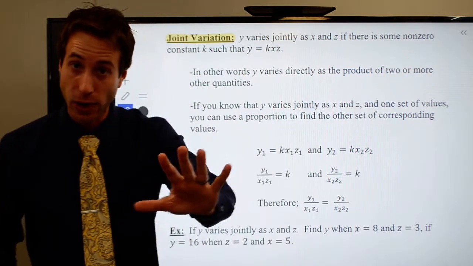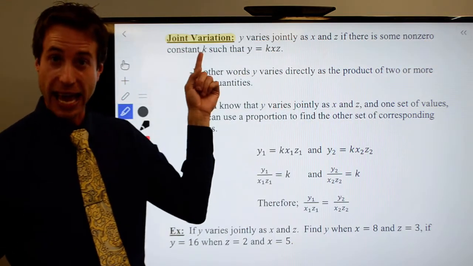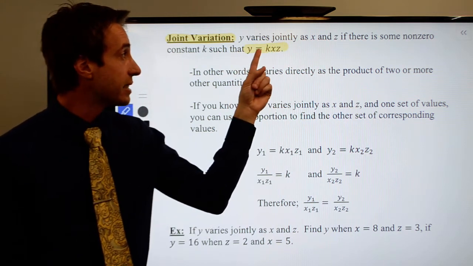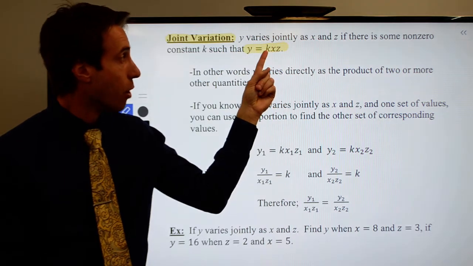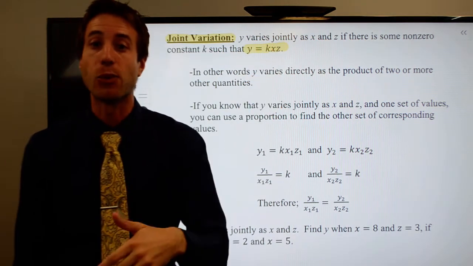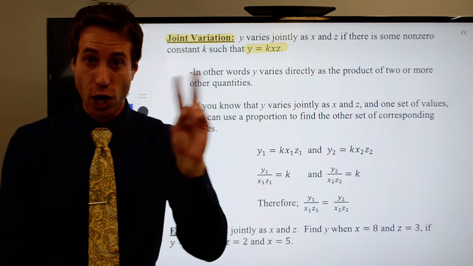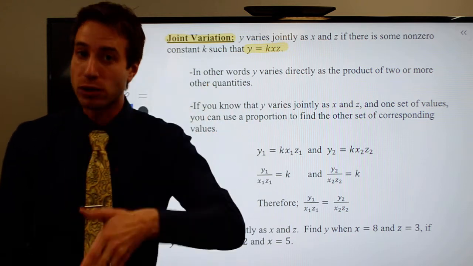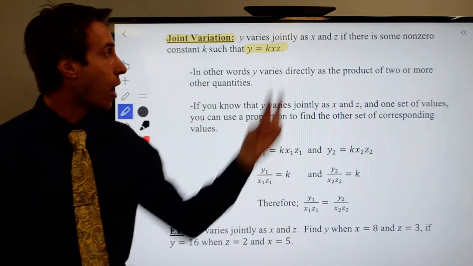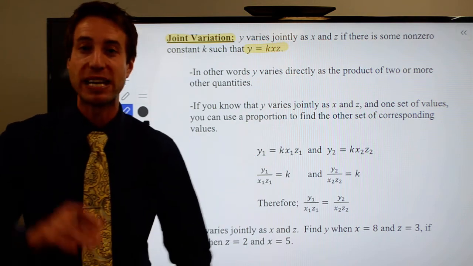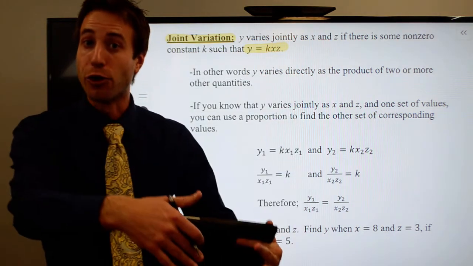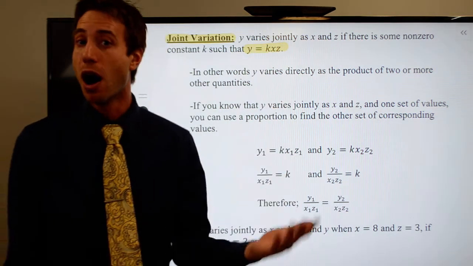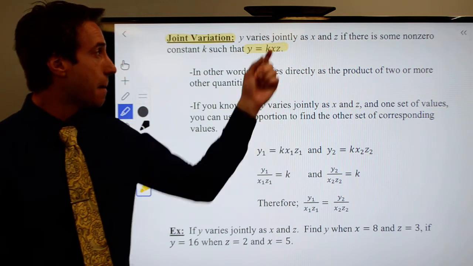I have some non-zero constant, the constant of variation, k. We'll see that in every single one of these. And it winds up looking like this. y is equal to k, that's my constant of variation, multiplied by x times z. And you can see why it's joint variation, right? I have two variables that I'm multiplying together, x and z, and I multiply that by my constant of variation to get y. So joint variation, because now instead of it being just y and x, I'm adding another variable. So y varies jointly, based on two other variables, x and z, but k is still the same,